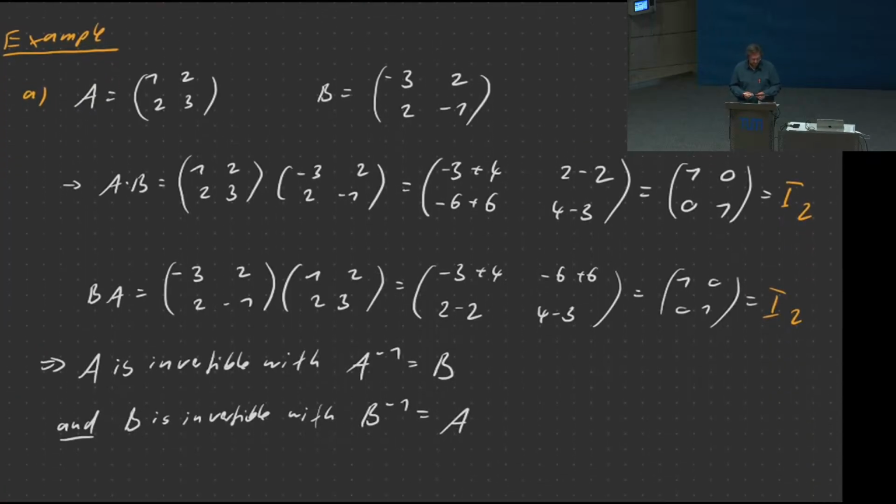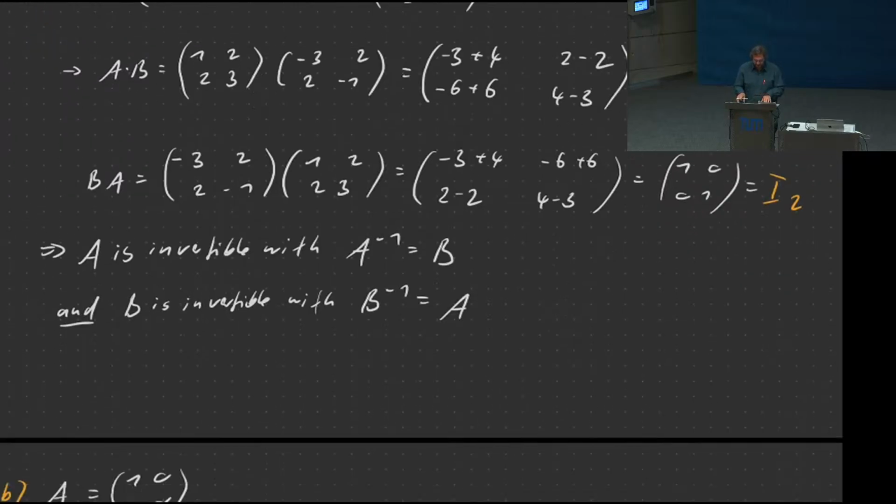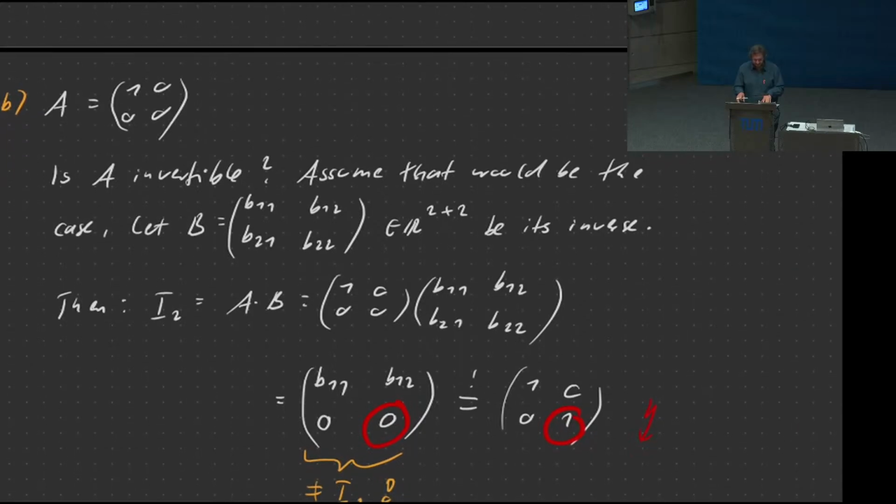All right, so here's a very quick example. We have this matrix A and this matrix B, and if we multiply them, A times B, just do the computations and you'll find out that you get the identity matrix, and this also works in inverted order. You'll also get the same identity matrix. So this matrix A here is invertible, and the inverse looks like this. So matrices that are invertible apparently exist. And it's not very clear how I got that inverse at this point. There doesn't seem to be a very clear rule here, but we'll investigate that later on.